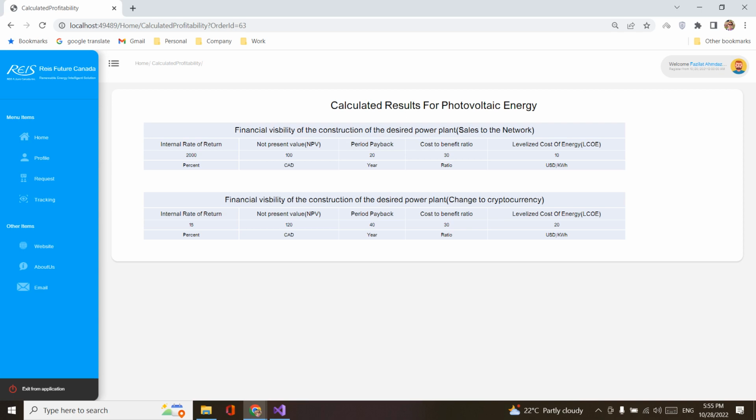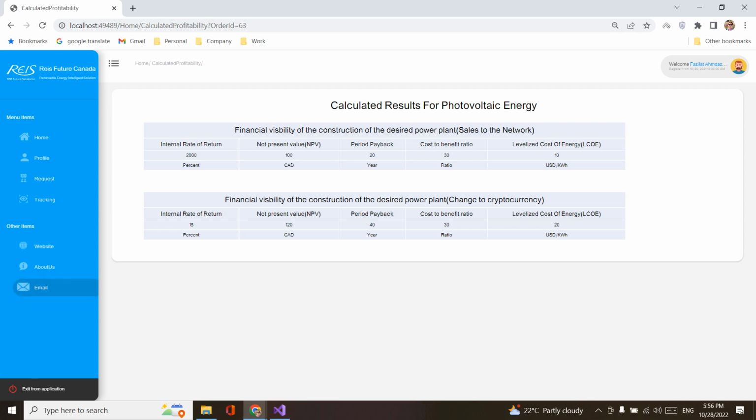For example, internal rate of return and other parameters. For changing the produced energy to cryptocurrency, in this part, you can see those parameters.